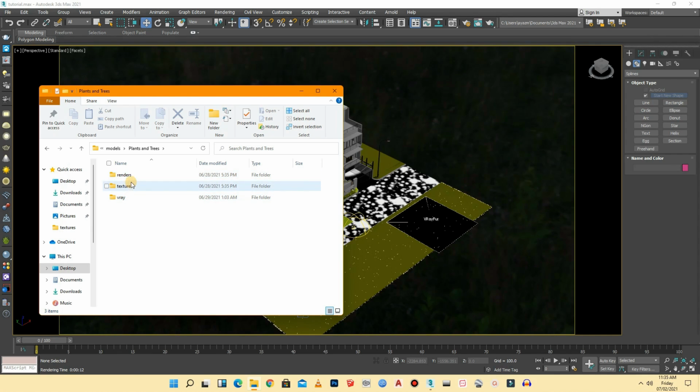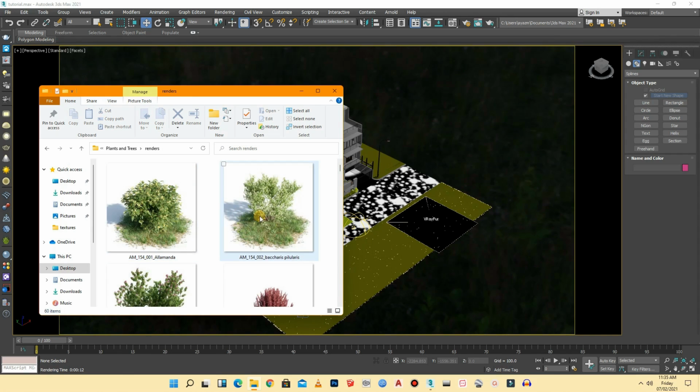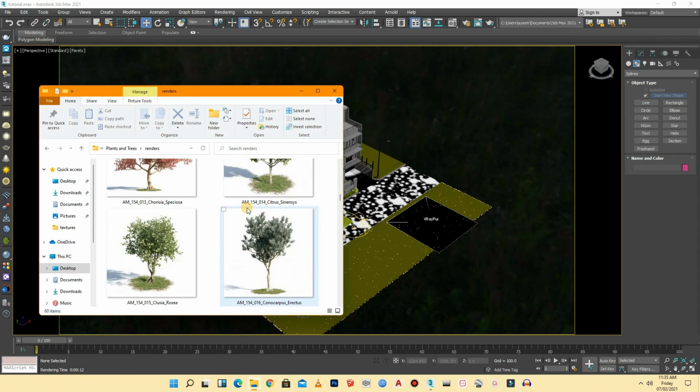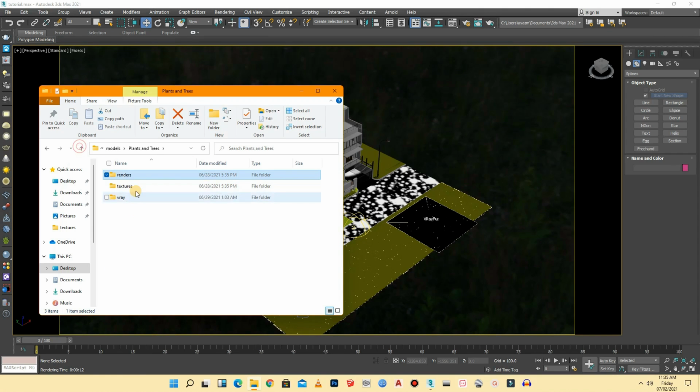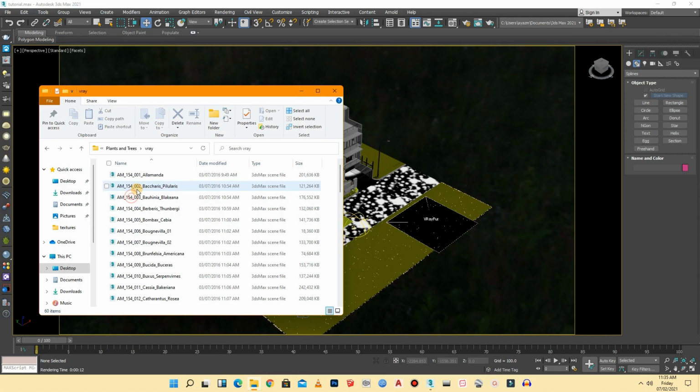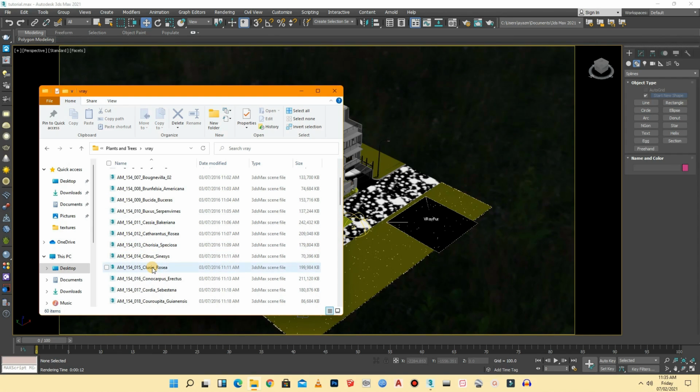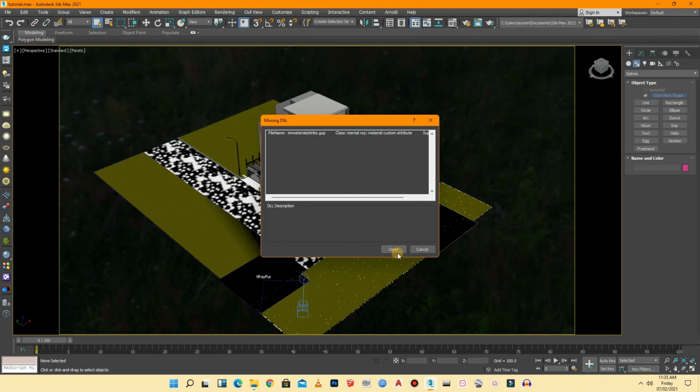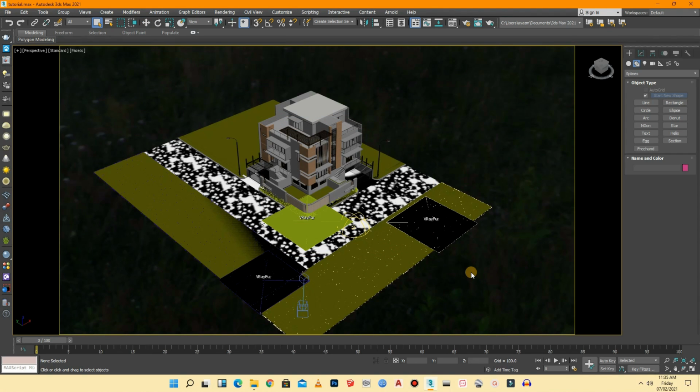Let's go to preview first, which trees I want to import. This one looks good. Let's find this one. Yeah, this one, number 15. Drag and merge and click open. So it will take a little time to